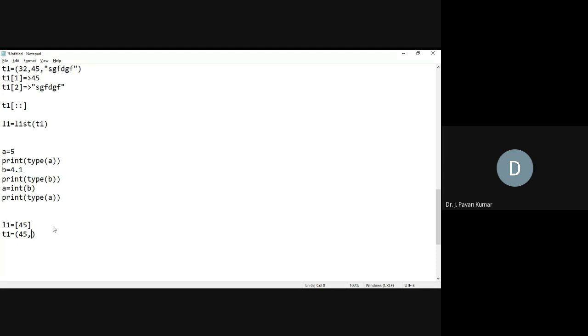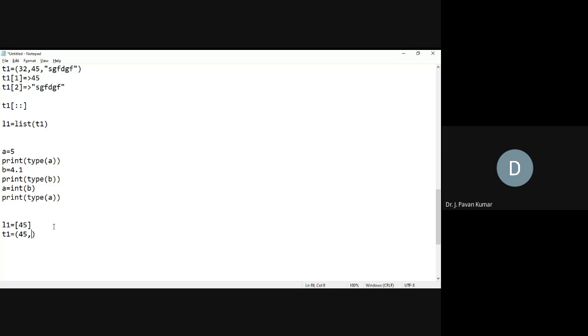Whenever we have a single element and want it to be a tuple, we have to end with a comma. In general, if you have two elements, we need not end with a comma. Understand? If we have only one element in a tuple, we need to end with a comma.